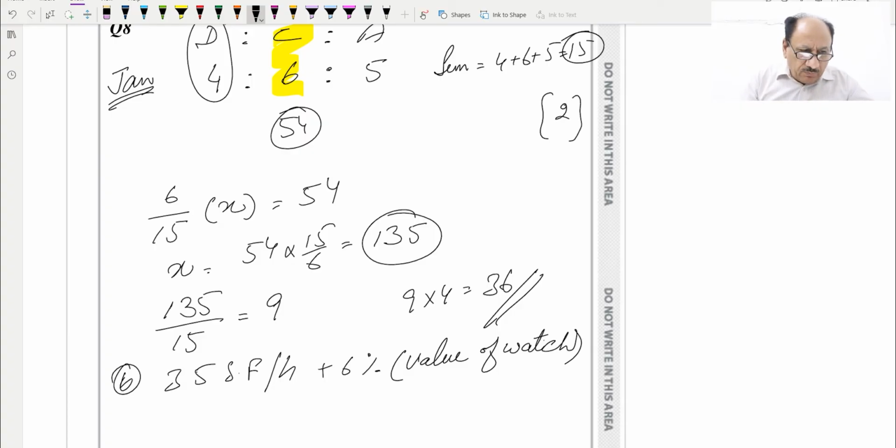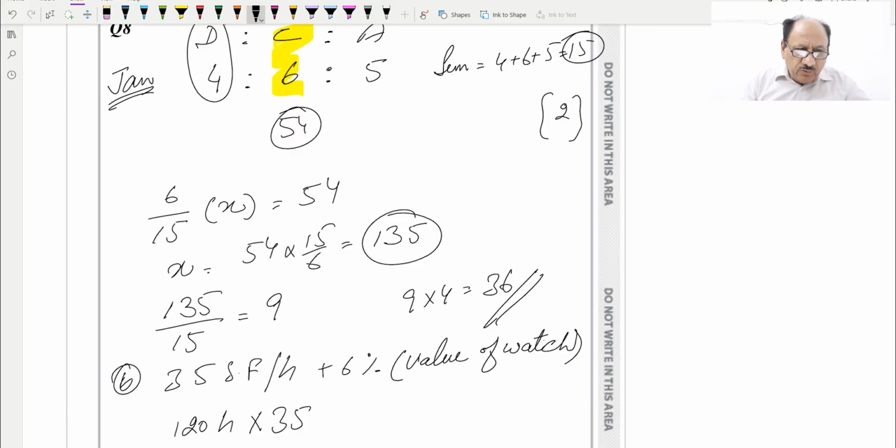So this is the formula by which we will be calculating. And they are saying in Jan, Mel works 120 hours. So 120 hours she worked, and this will be multiplied by 35 francs because per hour is 35, and